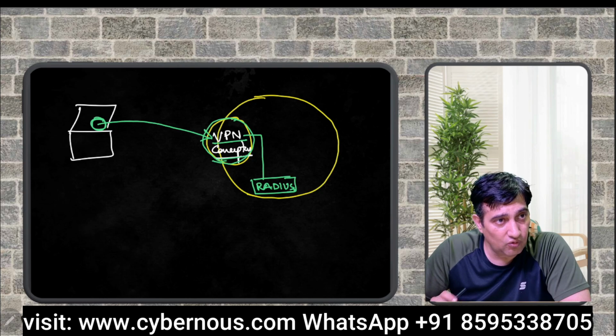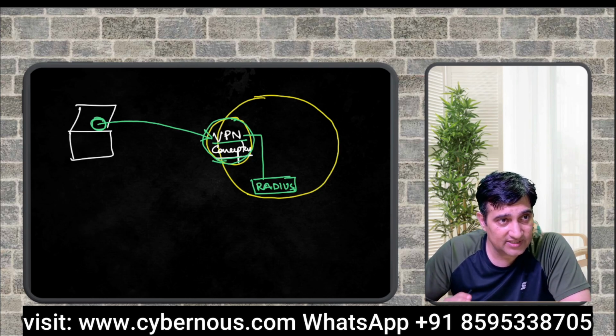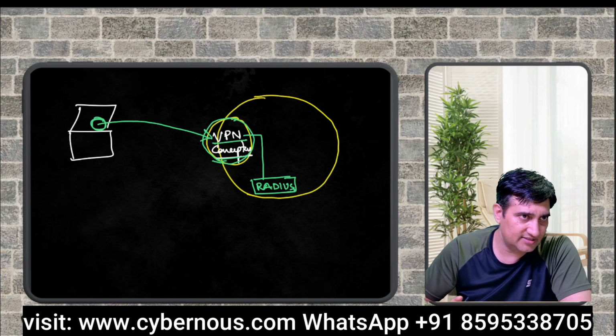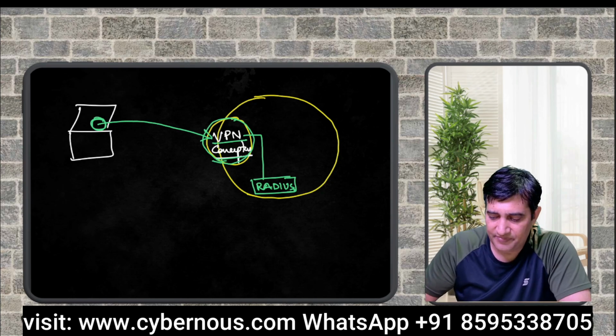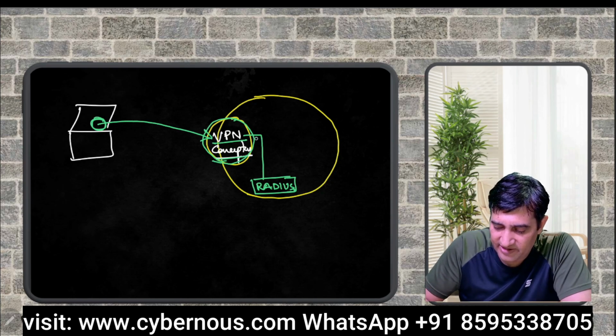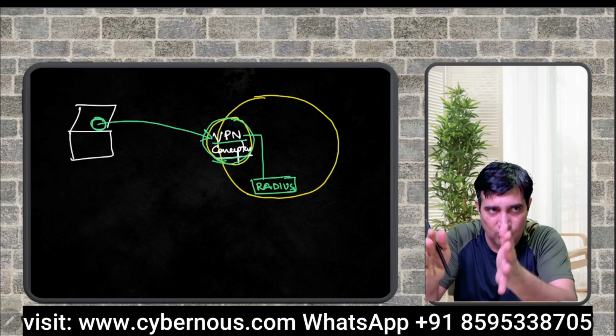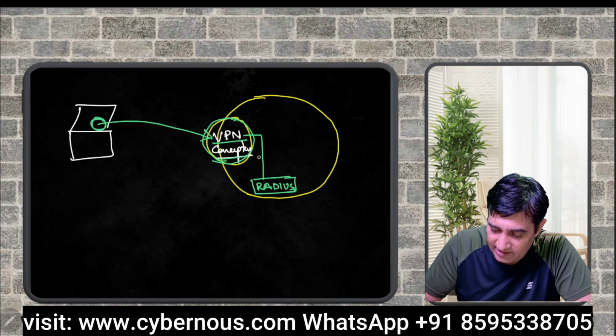Okay, we don't expose the RADIUS server onto the DMZ, and we don't ever expose our Active Directory into the DMZ, because they are very, very critical assets. We are not going to expand any of those things outside. So the request comes from the VPN concentrator, which concentrates all the VPN requests, and then